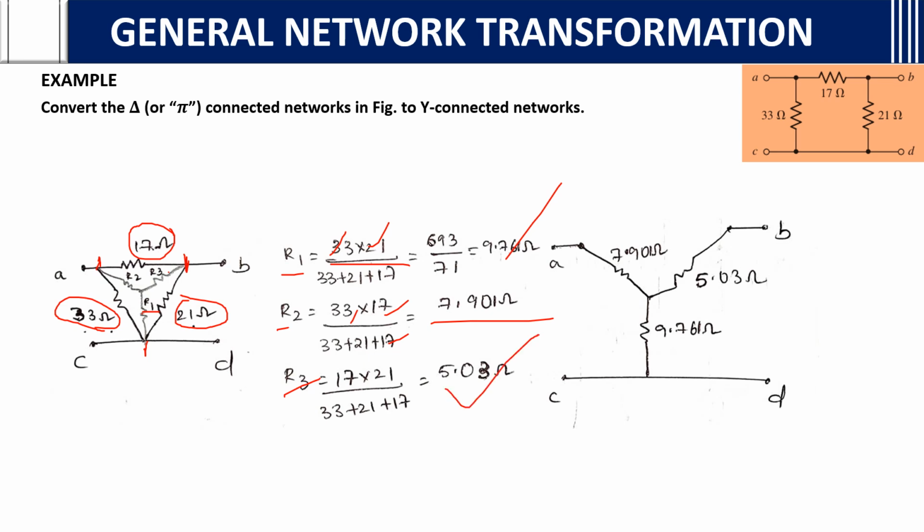You can now write this network in this way. If you see R1, this is R1. R1 value, what you got? 9.761. You will mention here. Then R2 value, what you got? 7.901. You will mention here. Then R3 value, what you got? 5.03. You will mention. Simple. Star, here we are converting delta to star. Now we will see in the next slide